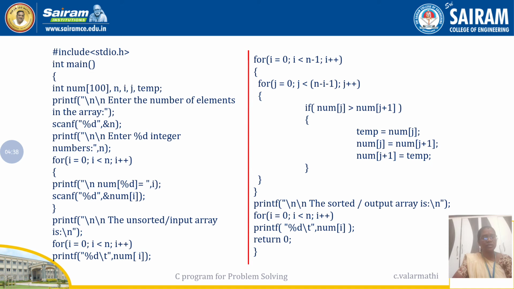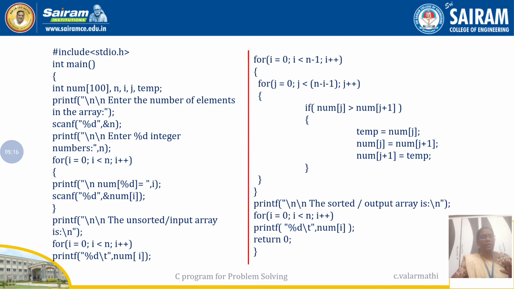So using that for loop, I am going to compare the elements. For i equal to 0, i is less than or equal to, because that is the pass array, that is how many passes it should carry out is mentioned here. Then inside each pass, this should be carried out, because this element should be compared with adjacent elements. So for i equal to 0, i is less than or equal to n minus 1, i plus plus. Again I have started one more for loop, j equal to 0, j is less than n minus i minus 1, j plus plus.